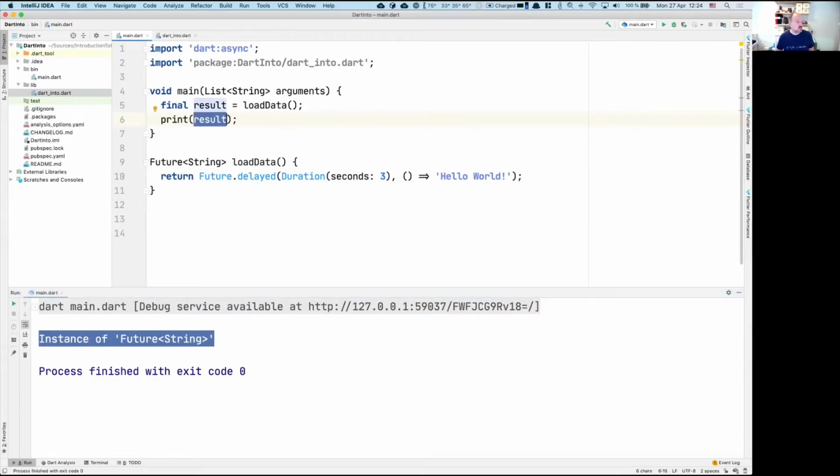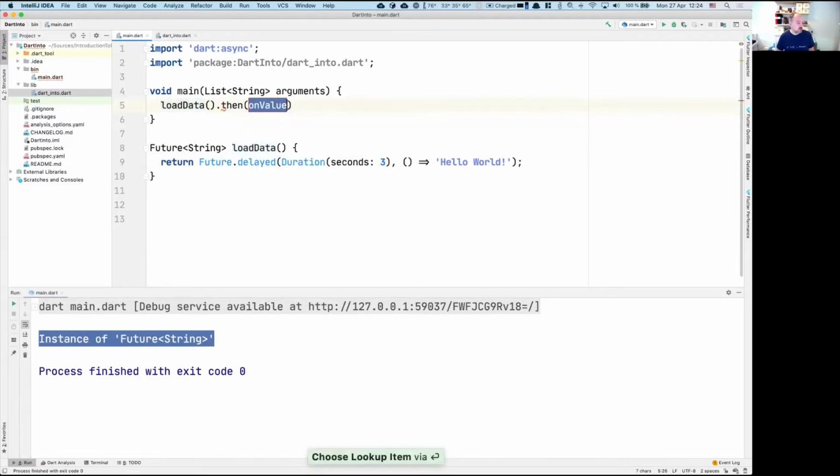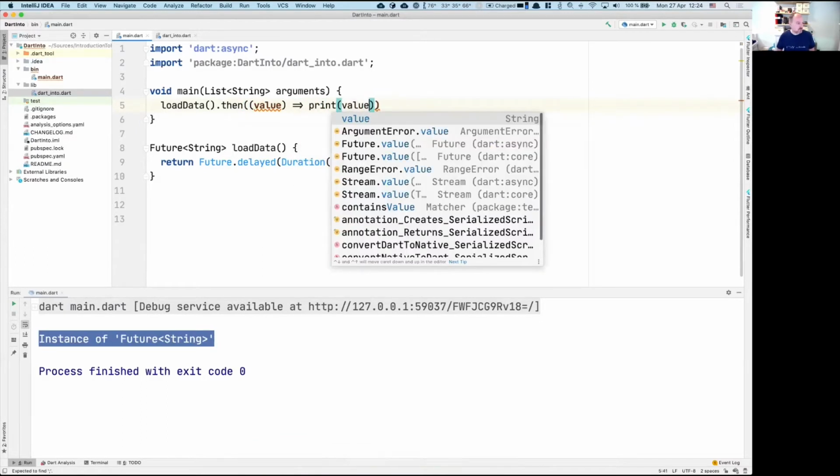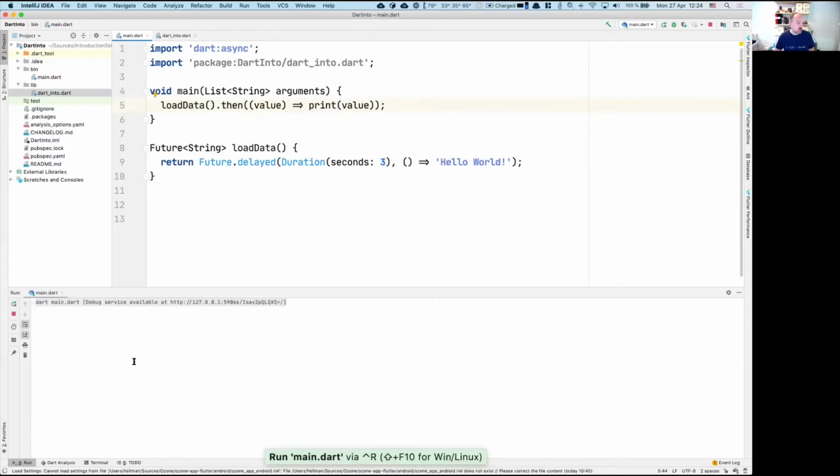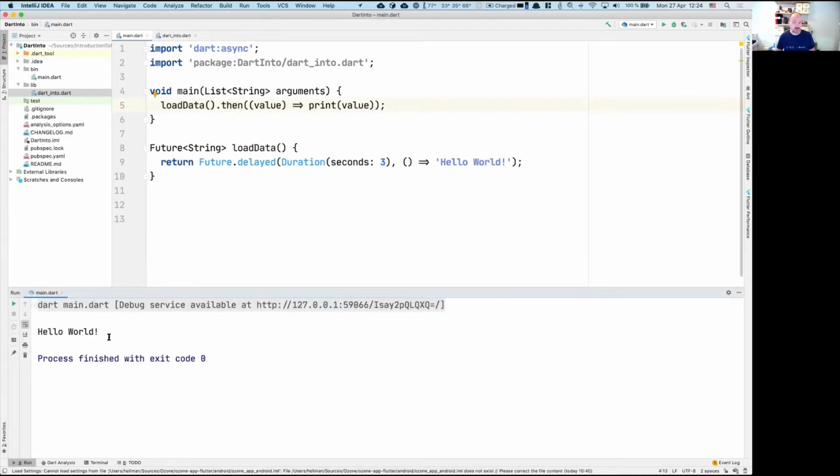So in order to do this, if you're used to how futures work, is basically to say then value, oops, print value. And if I run this now, it waits for 3 seconds and prints hello world. Nothing strange. However, we don't want to use this notation, this then syntax. It creates the callback hell and it's hard to